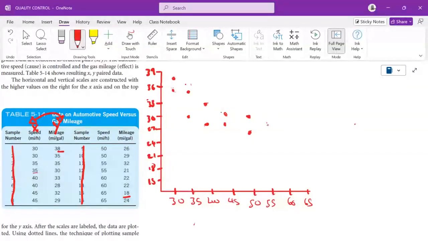Where's my 29? It was here, and 21, and then 60, 22,